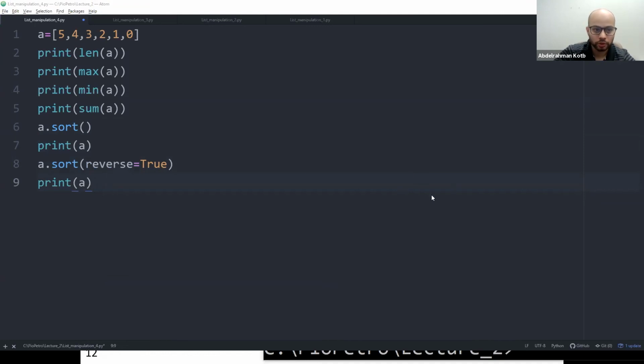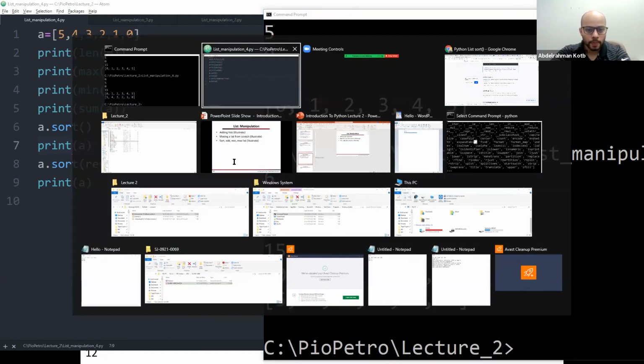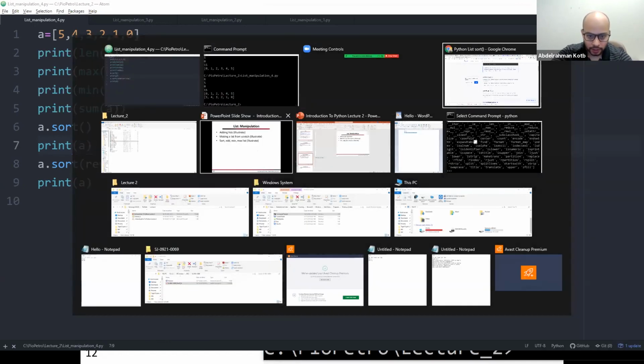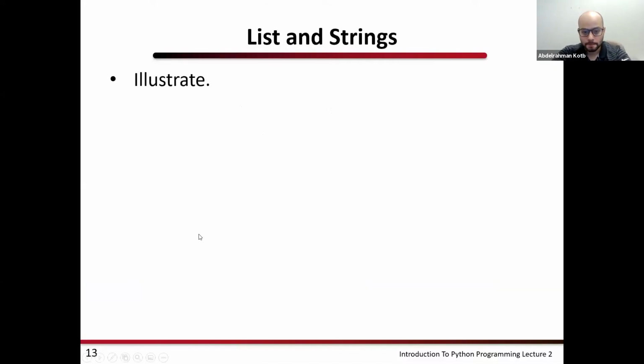So a dot sort gives ascending order. A dot sort with reverse equal true will change it to descending order. Okay. So the last slide that I want to talk about today is lists and strings.